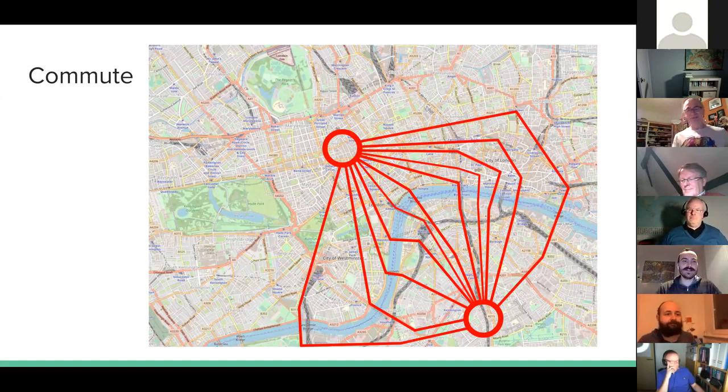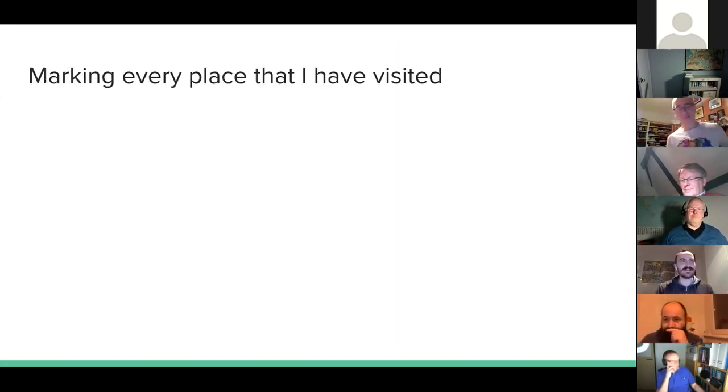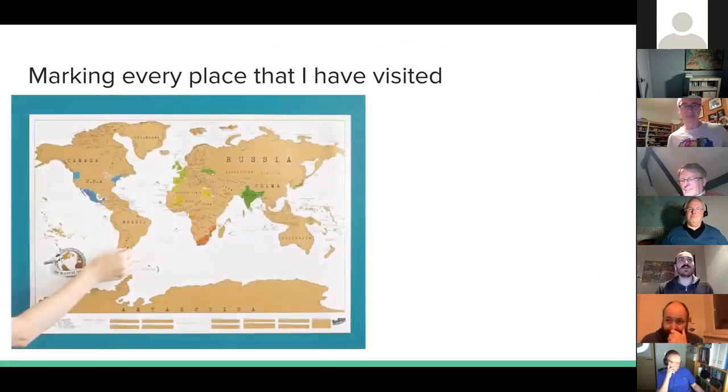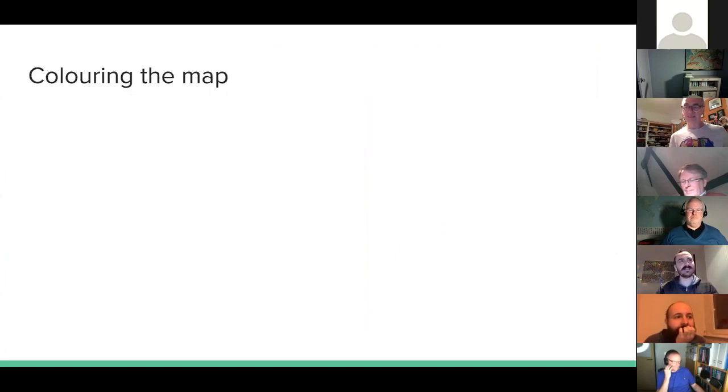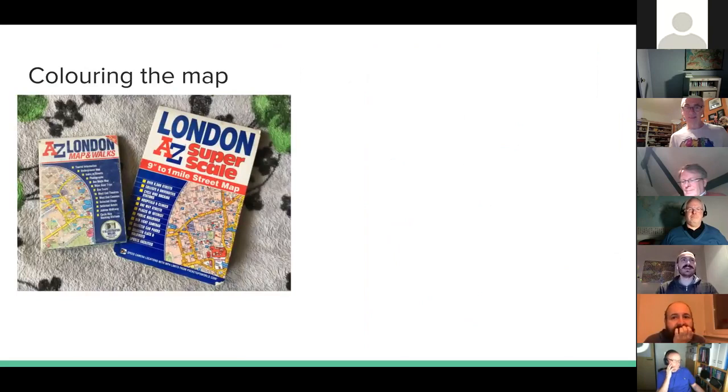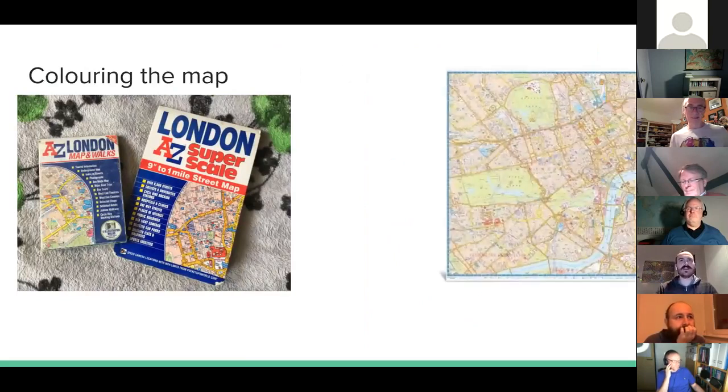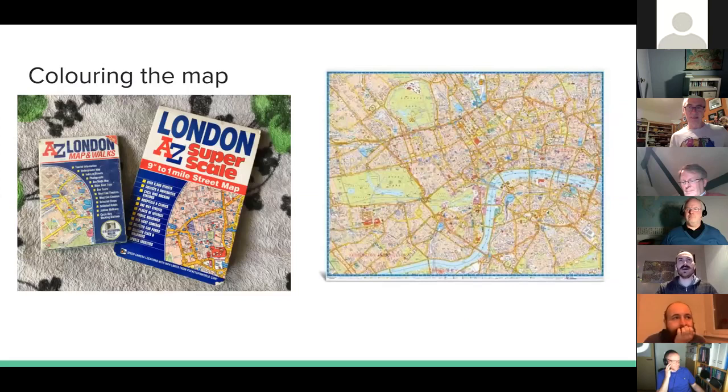Usually, how people mark things on the map, there are popular ways like scratch maps, where people mark the countries when they collect all the countries where they have visited on their holidays. Or there are online services. For example, this is a map of all the European countries that I have visited, and you can just mark them all. For me, I thought a good way to mark all the streets that I have visited in central London would be just to purchase an A to Z Superscale map and color them in with a Sharpie. So this is the area that the Superscale map covers, and I used a Sharpie and just started coloring in